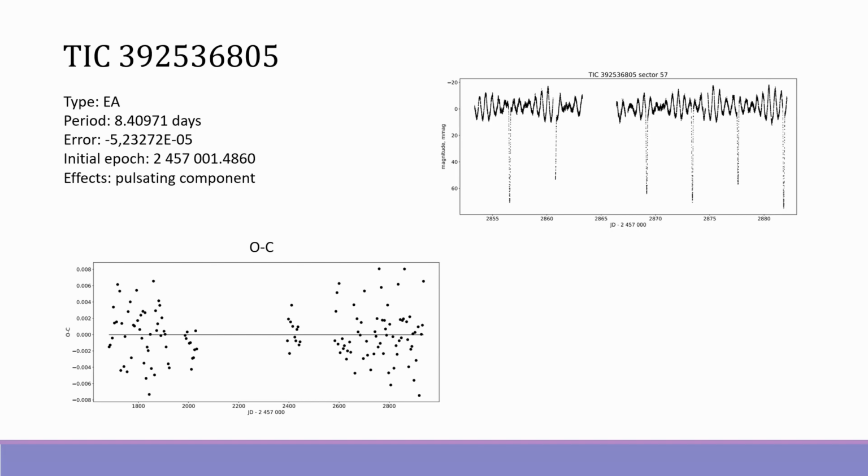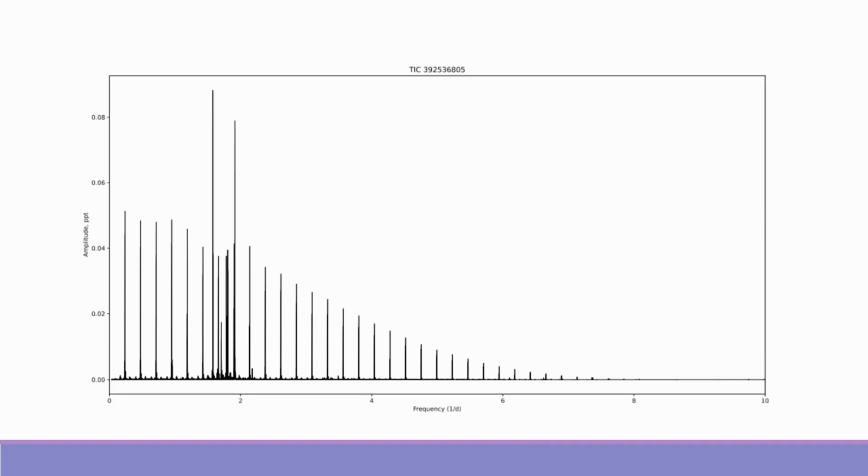However, the plotted periodogram shows us the presence of several additional periodic signals in addition to initial periodic signals from eclipsing binary system, which definitely shows us, which was actually obvious even from a light curve, that this system contains a pulsating component, which was not mentioned in the classification of this object before. And in future, we need to do some more studies of these pulsations in order to determine their period and to find the possible classification of this pulsating component in the system.